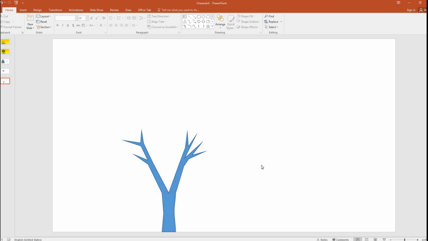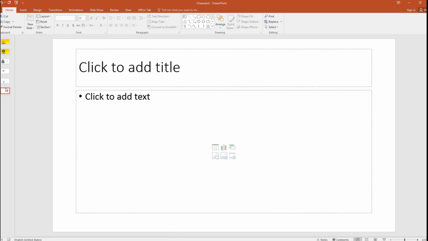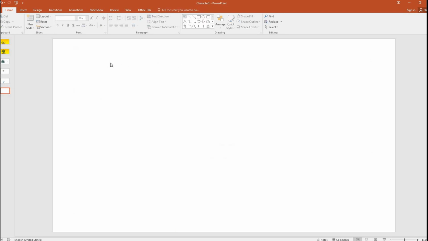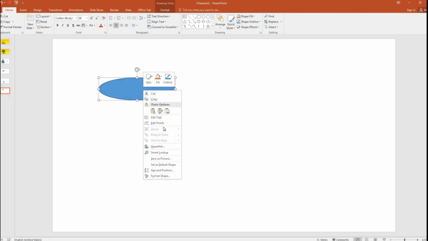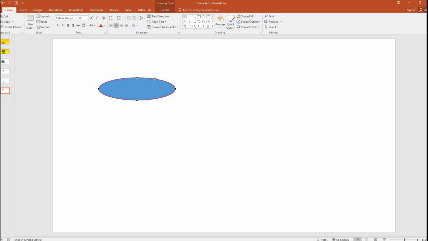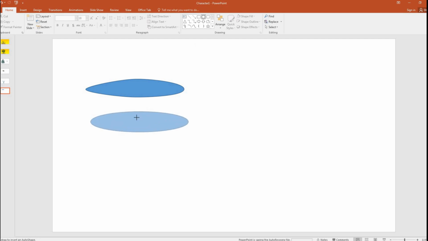Okay, so the next part is we need to draw the leaves and then the stalk. Okay, I'll take a fresh page. I'll just delete these two content. First I'm going to draw a leaf. Okay, so I just took this oval, the circle shape, I just made it look like an oval. I'm going to edit the points again and I am just going to drag it to the right and then this point to the left. Okay, so this now looks almost like a leaf, and I will draw one more leaf,